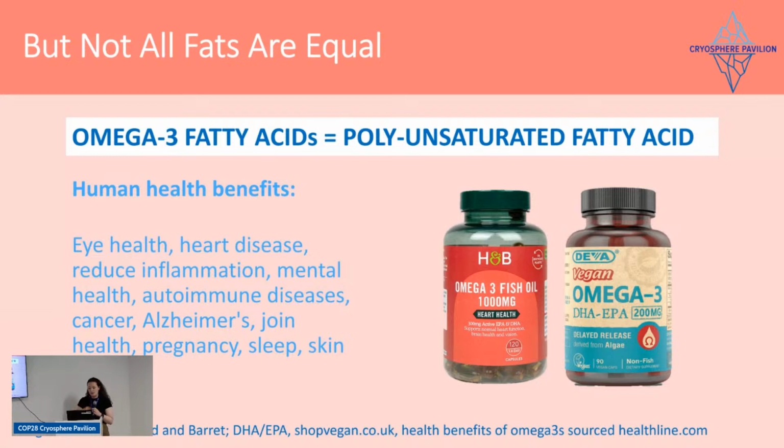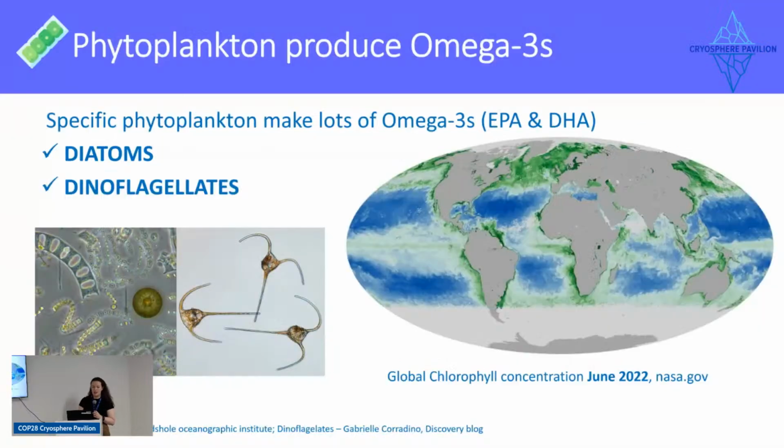And we often are given supplements in fatty acids in the form of fish oil, but you can also get vegan fatty acids, and that's because these come directly from the phytoplankton. So animals can't make these omega-3 fatty acids themselves, they come directly from the phytoplankton. And in the Arctic and in the Antarctic, they come from diatoms and dinoflagellates. So these are the specific photosynthetic cells. And these guys are very, very productive at the poles.